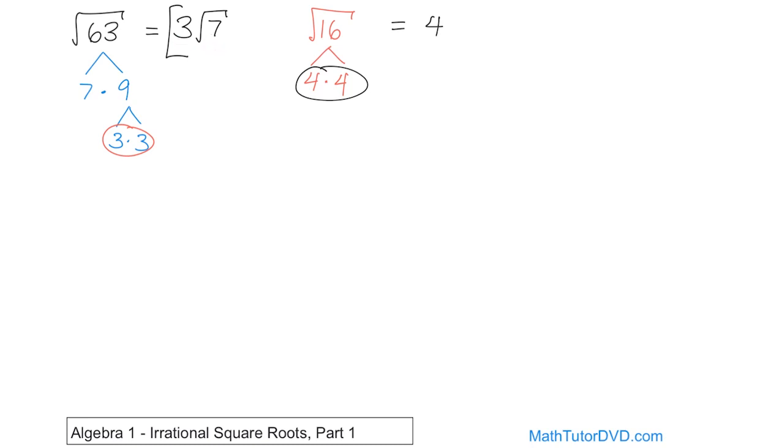So if you take 63 and put it in your calculator and take the square root of it, you're going to get a number